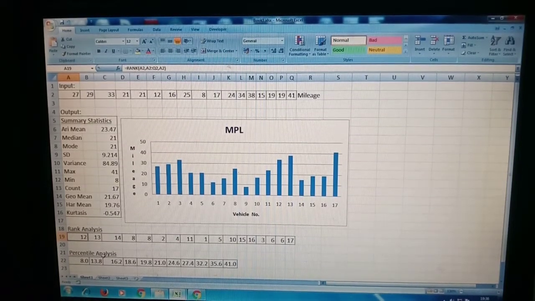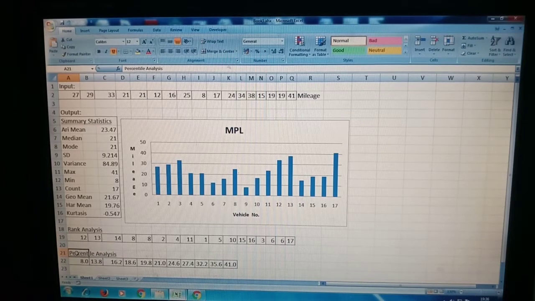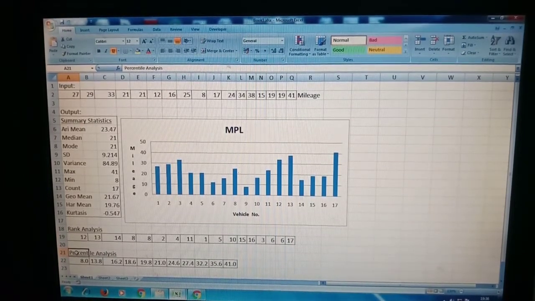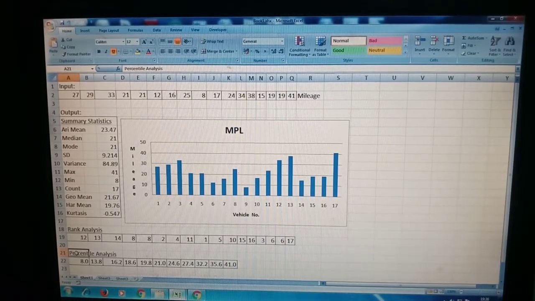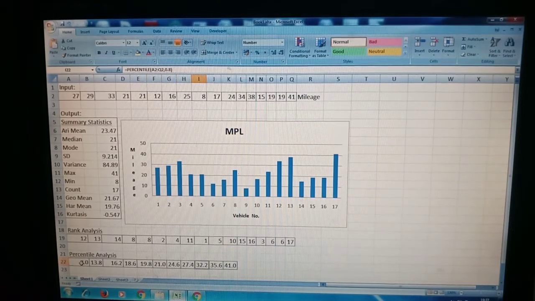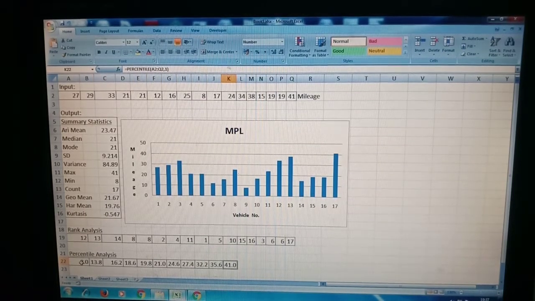The next is percentile analysis. For that there is a function called PERCENTILE. The percentile ranges from 0.0 to 1.0. So you can count 1, 2, 3, 4, 5, 6, 7, 8, 9, 10, 11. Sorry, 11 values, 0.0 to 1.0, it is 11 values.